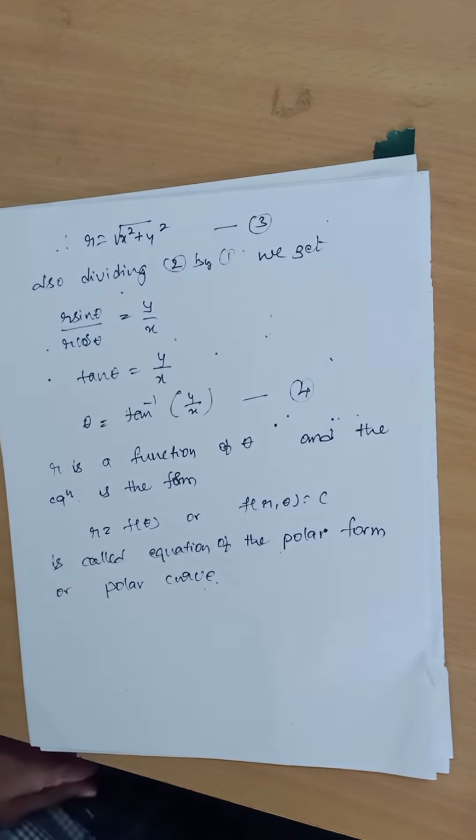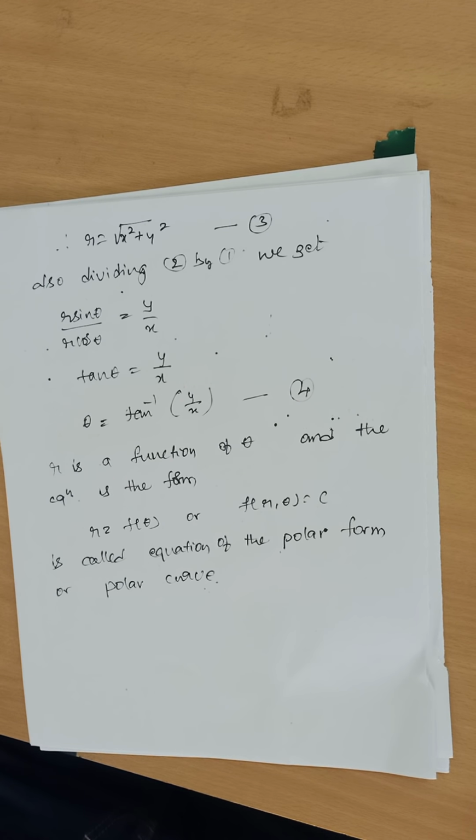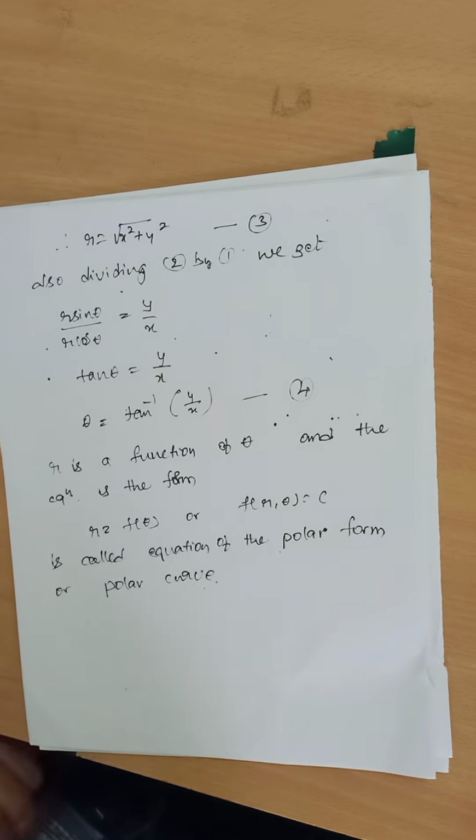So in this unit, after knowing the polar coordinate and polar curves, polar coordinate means r comma theta, polar curve means r is equal to f of theta. After we get one type of function in the form of r is equal to f of theta, using that function with the help of polar coordinate, in this particular unit we are going to find the angle between radius vector and the tangent.